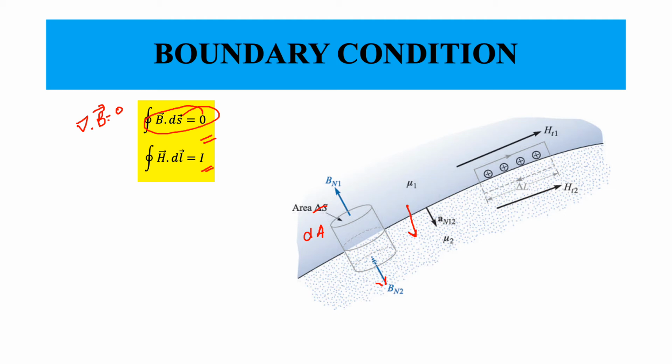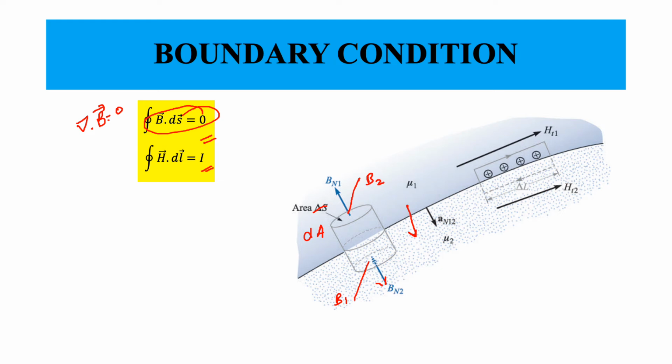Okay, and so if the normal is going from 1 to 2, you can see that dA in the second medium is in the same direction as n. This is my n vector, and in region 1 it is opposite to the direction. So we will assume that the length delta L goes to 0 later on. Okay, so if you have a magnetic field, there would be two different values over here. What is the component of magnetic field that is important to us in this expression?